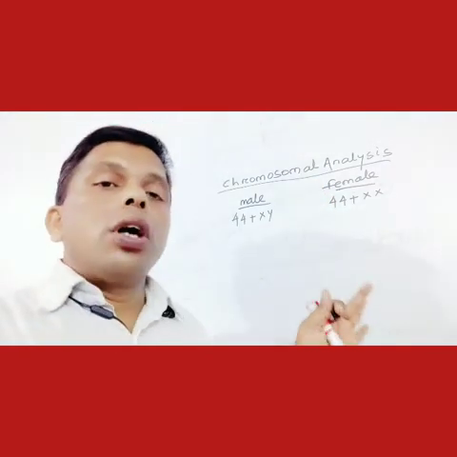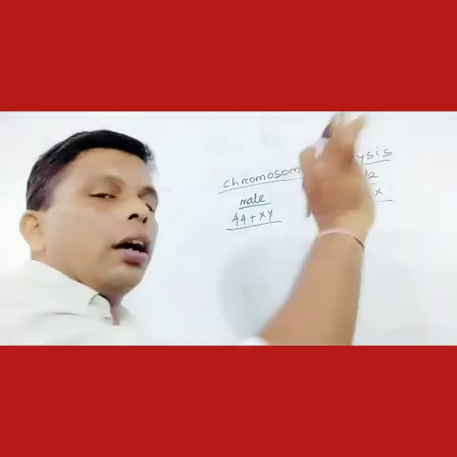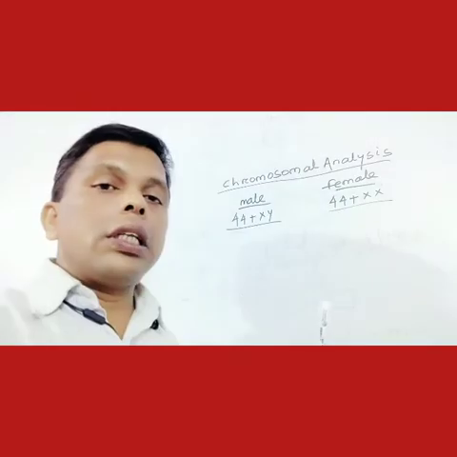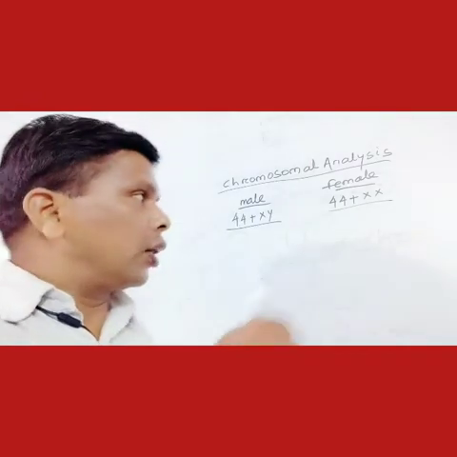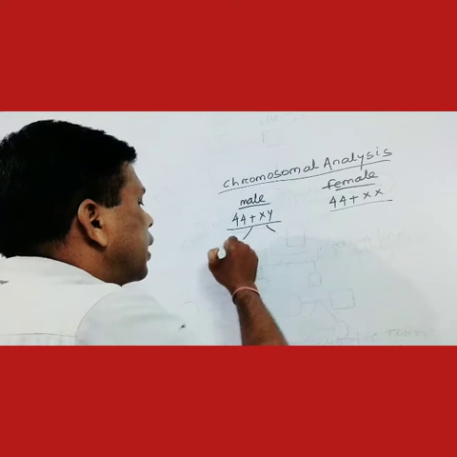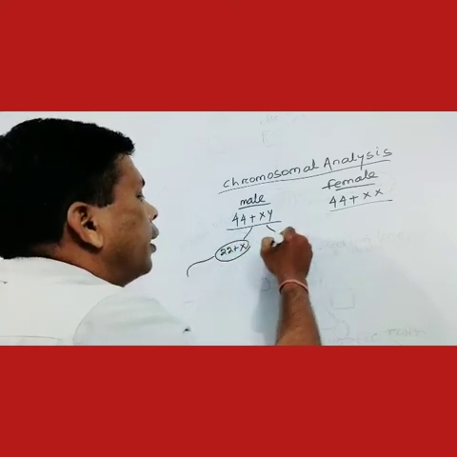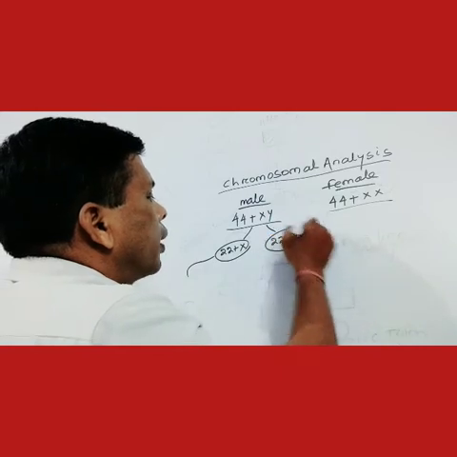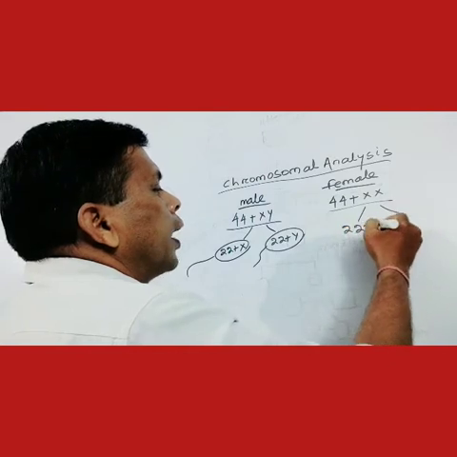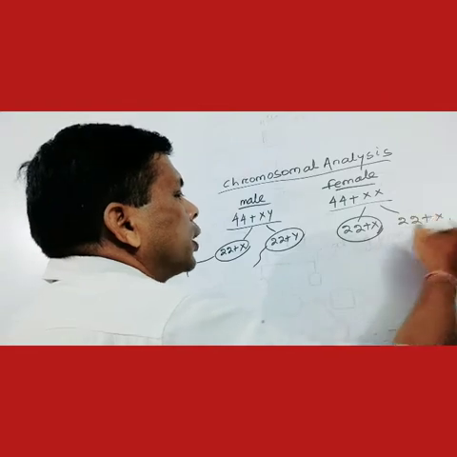Clear? When gametes are formed, we do not have to bother about the autosomes. The autosomes remain the same in all cases. The male gametes carry 22 plus X in one sperm and 22 plus Y in another sperm. In the case of the female, the ovum carries 22 plus X.